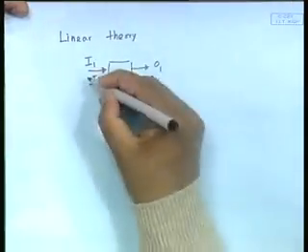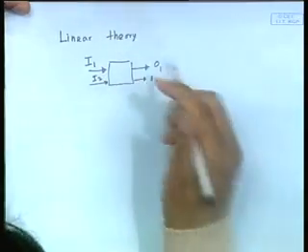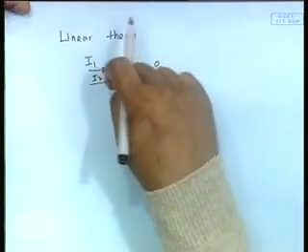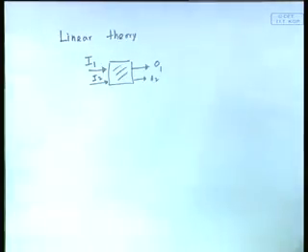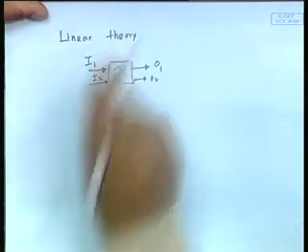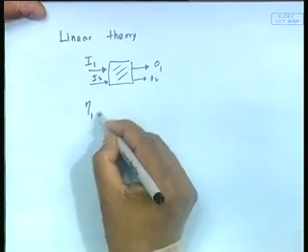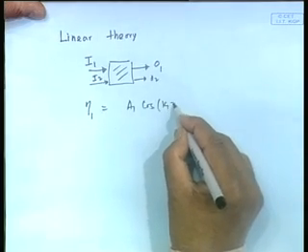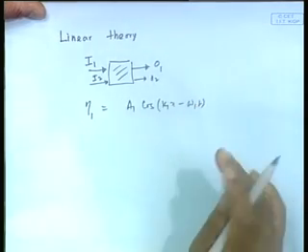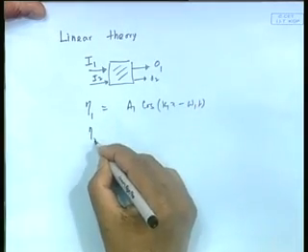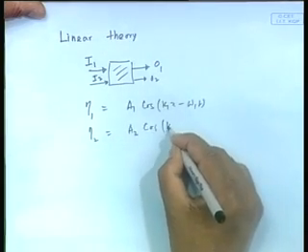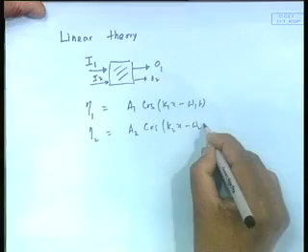In other words, O and I are linearly related. What it means is, if the box is linear, then I can have solution number 1 and 2 and 3, and I can add them all up and they still remain a solution of the system. Now, if I look at this linear water wave theory, I have a wave height eta 1 equal to A1 cos(k1 x minus omega 1 t), and if I have another wave eta 2 as A2 cos(k2 x minus omega 2 t),